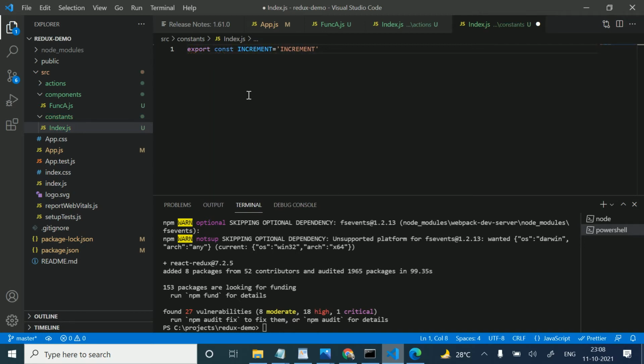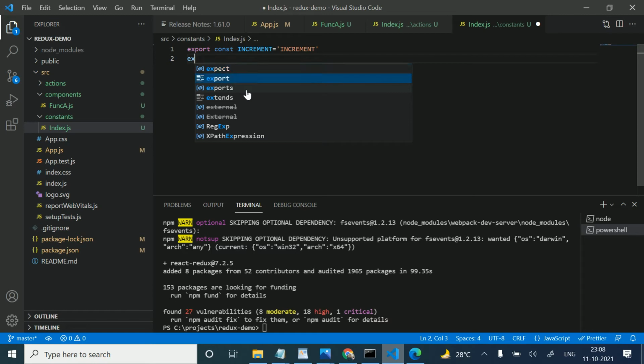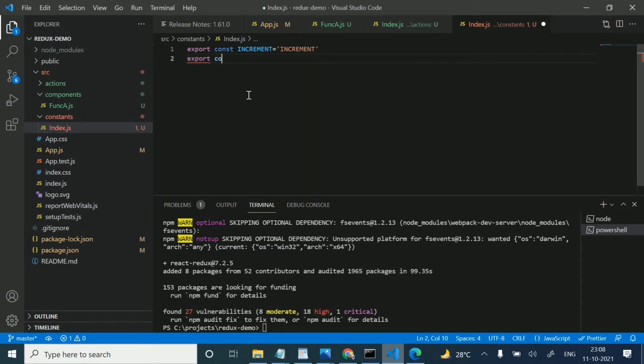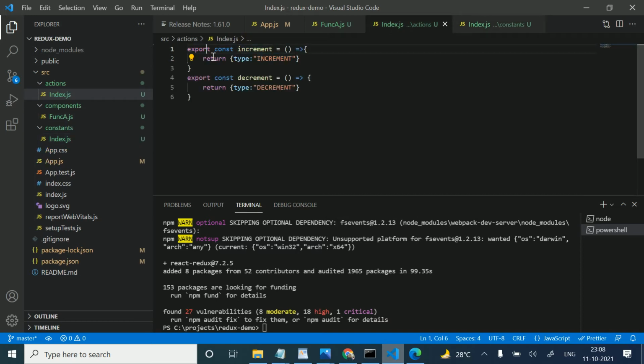And we will also import it in the actions. So we will export this. Okay, so the next constant is export const decrement, and like this. Okay, so now in our action I will import this file,